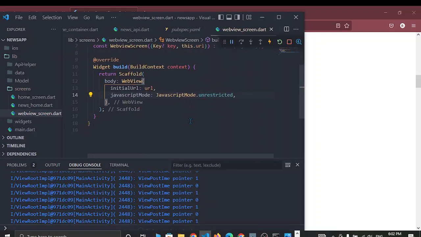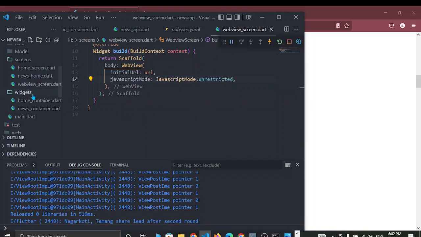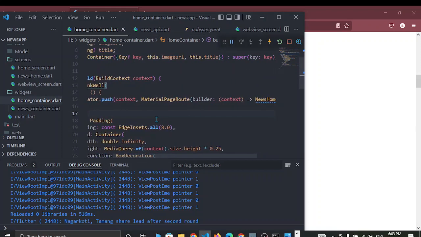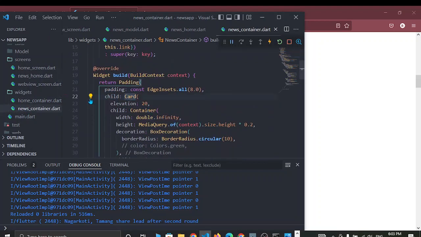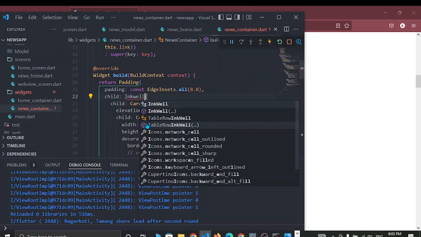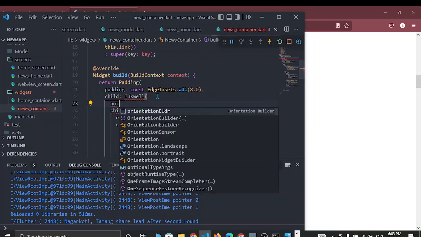Okay, let's save this. Okay, so inside this news container, I'm going to navigate to this web view screen when anyone clicks on this container. So inside this news container, I'll wrap this card with a widget called InkWell, and this InkWell is going to provide us an onTap method,